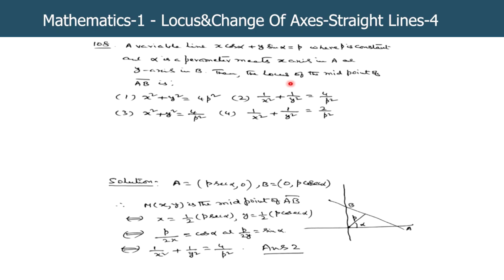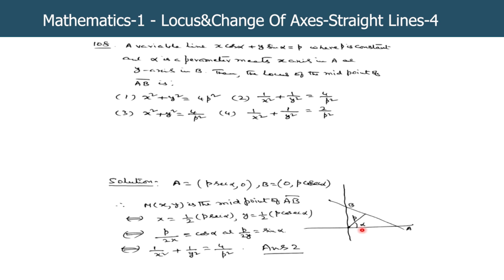108. A variable line x cos alpha plus y sin alpha is equal to p, where p is constant and alpha is a parameter, meets the x-axis in A and the y-axis in B. Then the locus of the midpoint of AB is: 1) x square plus y square is 4p square, 2) 1 by x square plus 1 by y square is 4 by p square, 3) x square plus y square is equal to 4 by p square, and 4) 1 by x square plus 1 by y square is equal to 2 by p square. Now you know